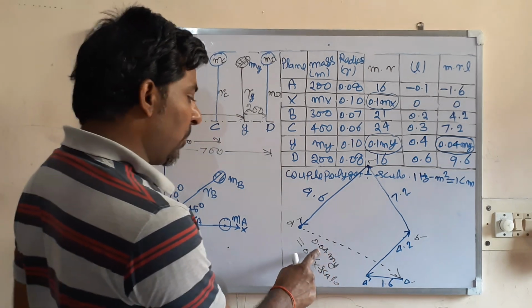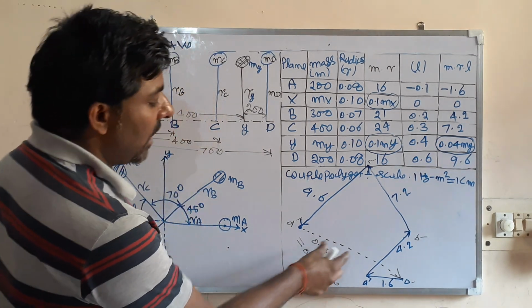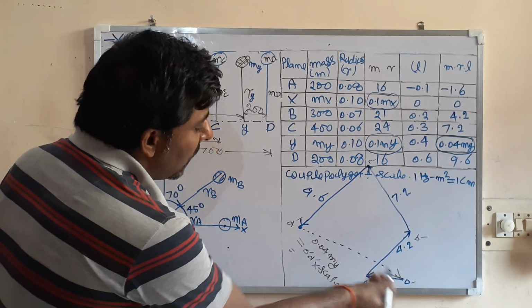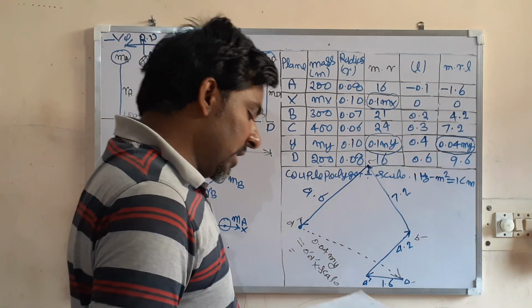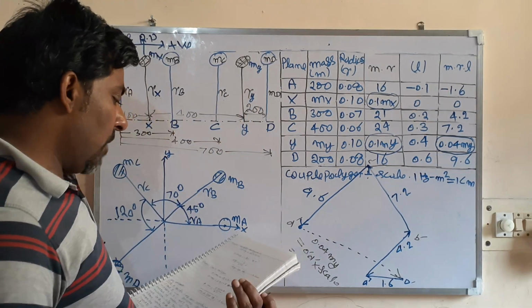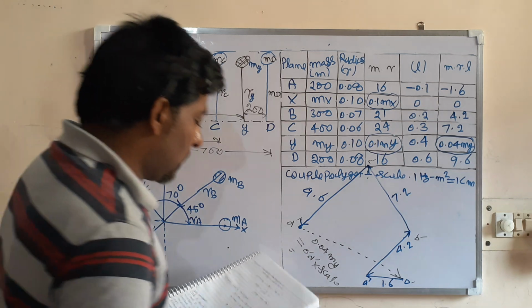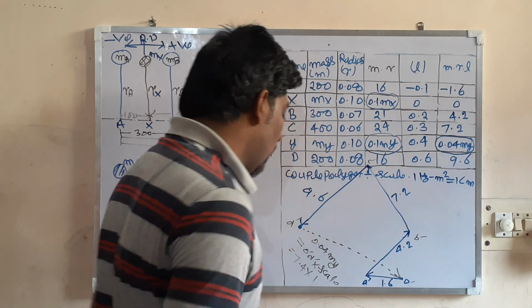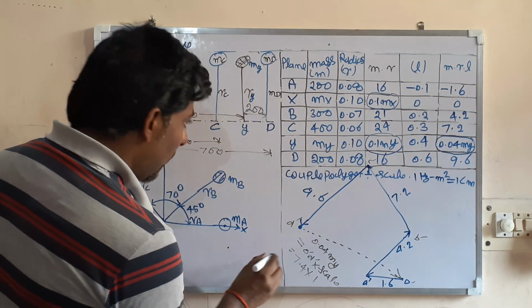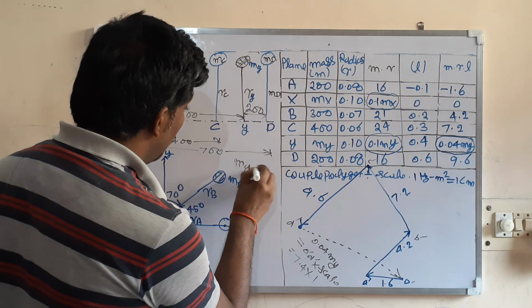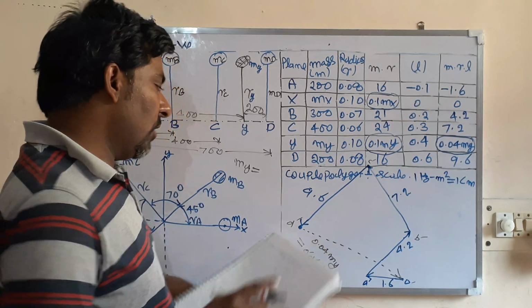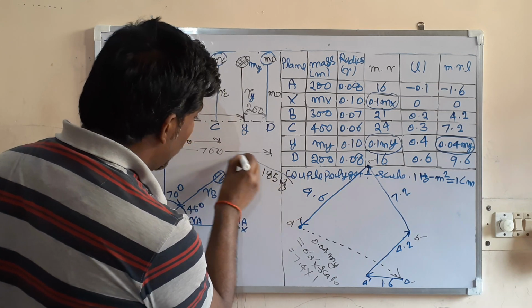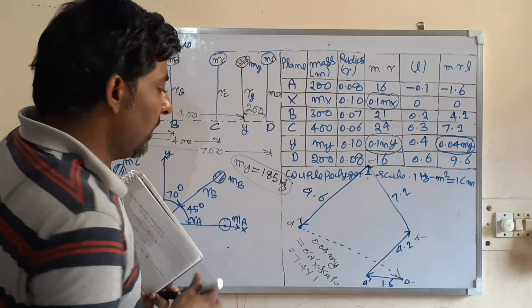This closing side will be 0.04 my, so that will be equal to O dash D dash into scale. By measurement you can get it. So I have solved this problem. I am having this value 7.4. This 7.4 into scale is 1:1. From this, by calculating, you can get the value of my. So I am getting the value of my as 185 kilogram. 185 kilogram will be the magnitude.